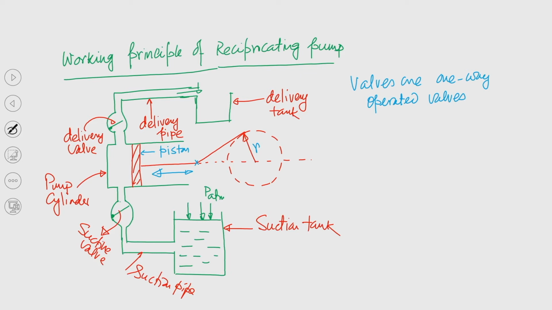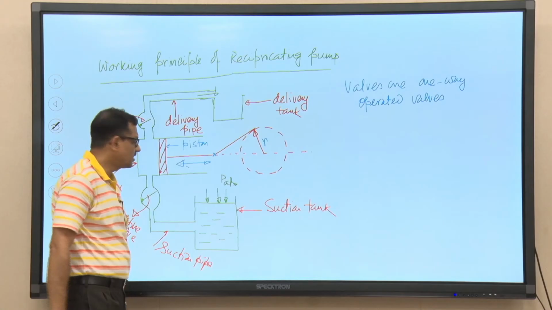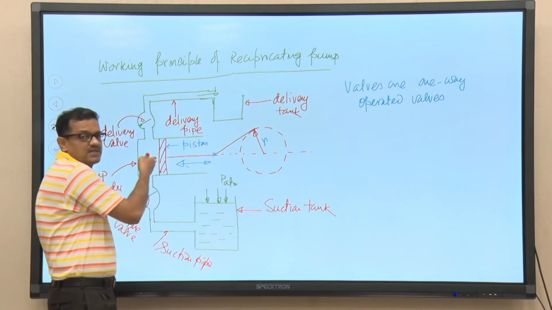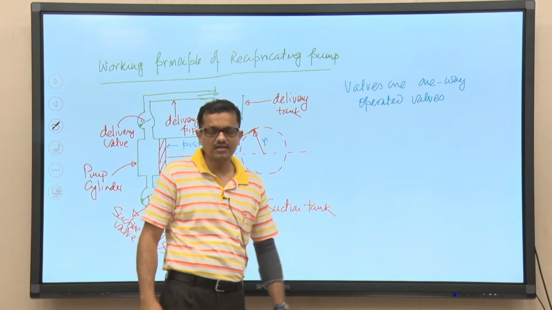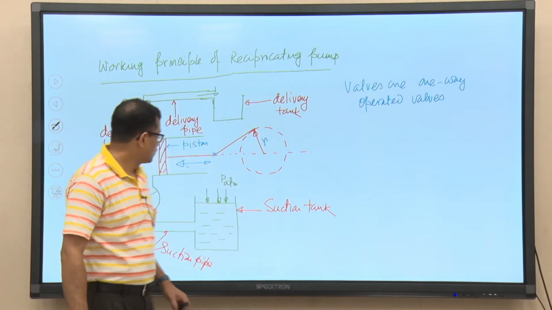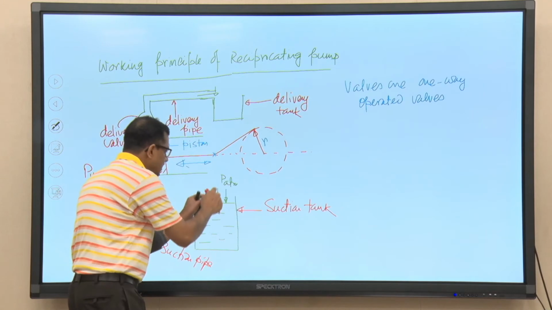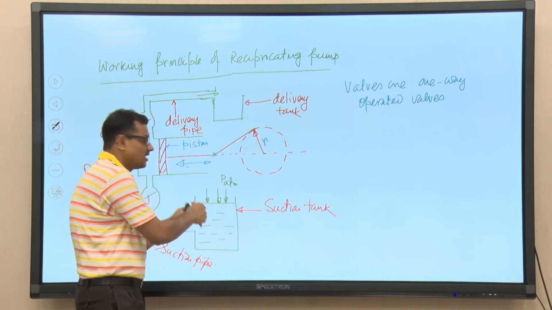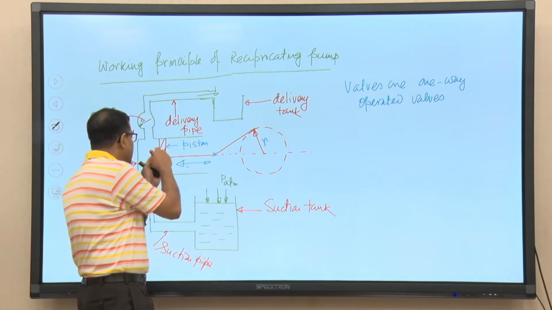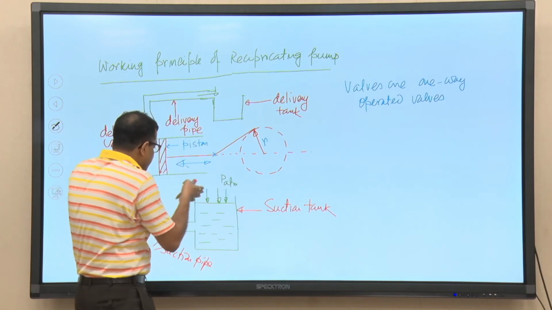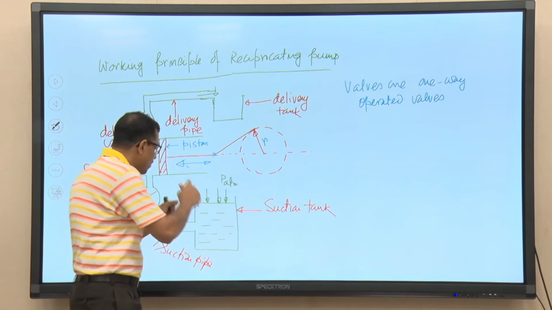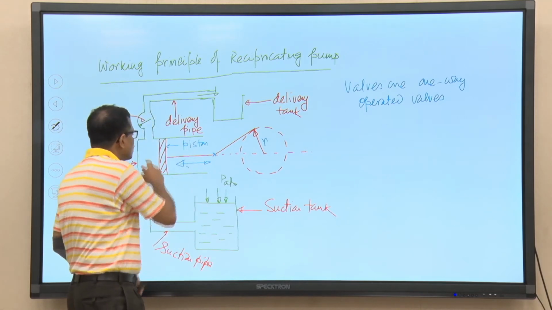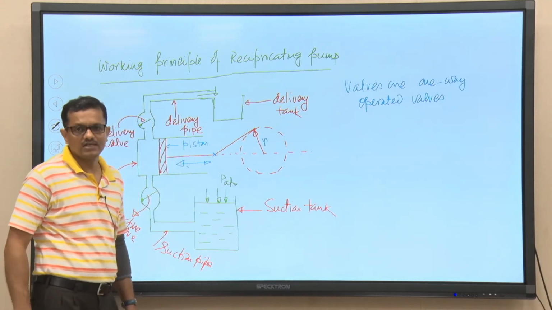So, when the piston is moving from the inner end of the cylinder to the outer end, inside the pump cylinder a pressure is induced, and that is vacuum pressure. Basically, you can see in this tank the atmospheric pressure is acting. Somehow if we can create a negative pressure inside the cylinder, that pressure difference will act as the driving force to make the flow occur from the suction tank to the pump cylinder, and that is what is happening.